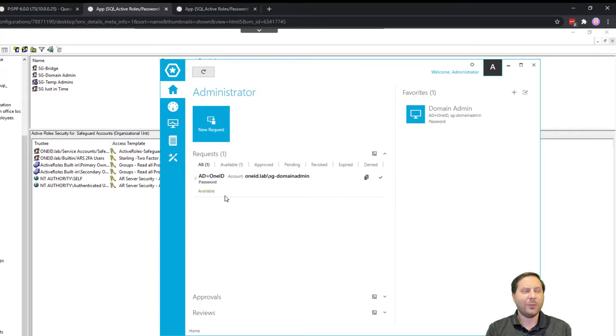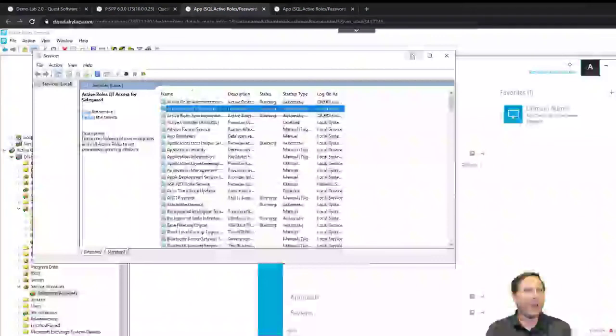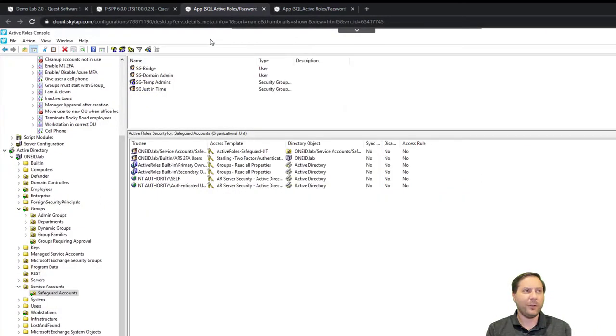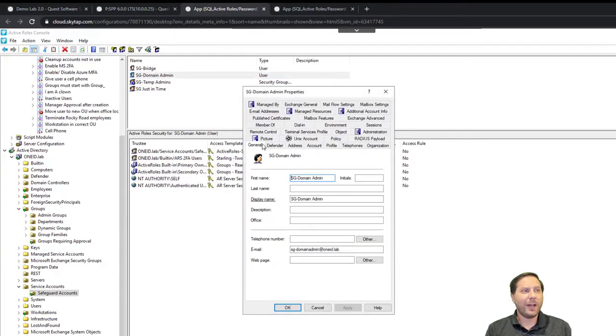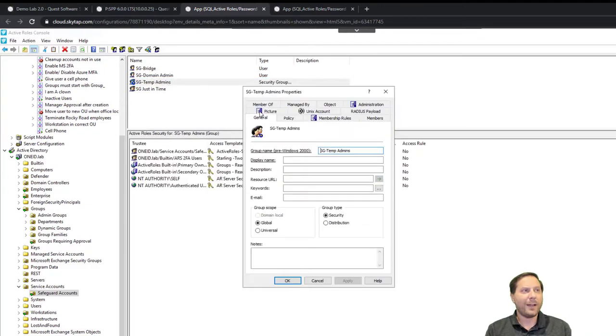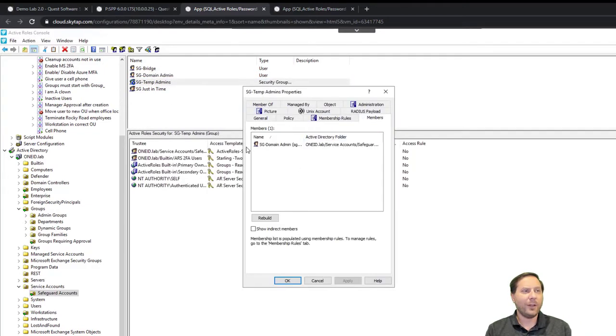What actually happened then is it reached out to a service in Active Roles, and you can see that service right here. And that service, and we'll go through the nuts and bolts of what happened a little bit later, but basically what it did is it took this account. Now you'll notice also that this account is enabled while it wasn't a minute ago. And it enabled the account and it set a virtual attribute. That virtual attribute will add it to this particular group, and you can see here that that's exactly what happened. It's been added to that group.